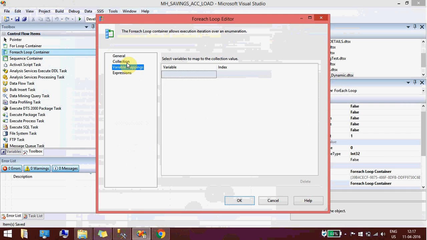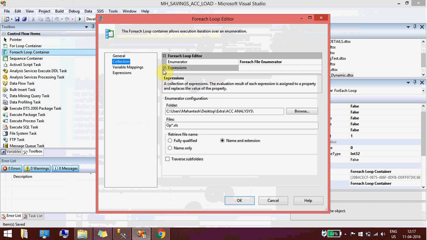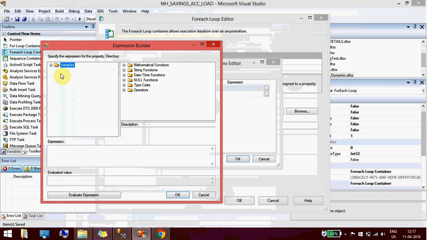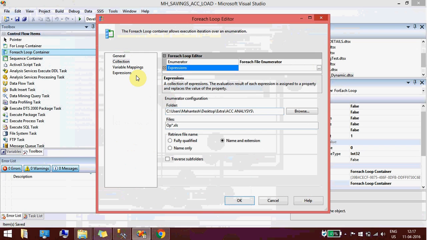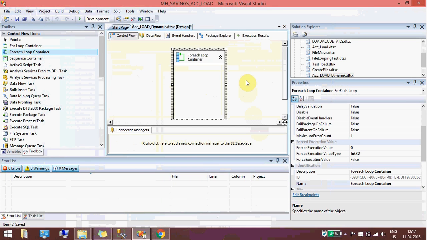And the file name is index 0, and this is where the input file is located, right? So for the input file we need to define the directory, and actually the input folder we need to take, not the input full path. So I'm just dragging it to the expression. You can see what exactly the value for this variable is. I just say okay, and just save it, Control S.